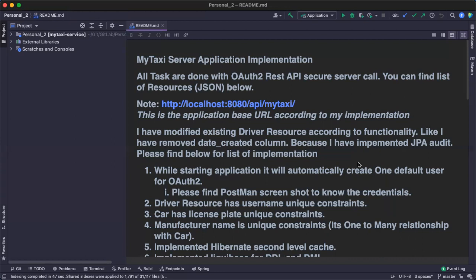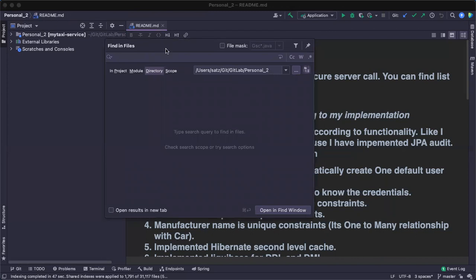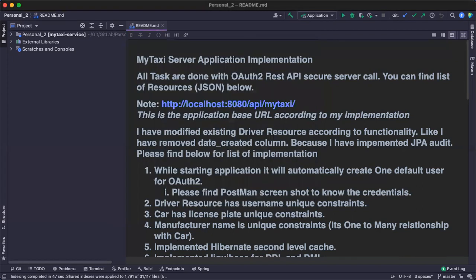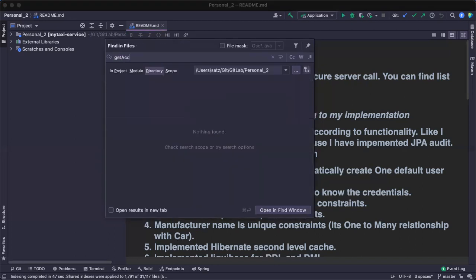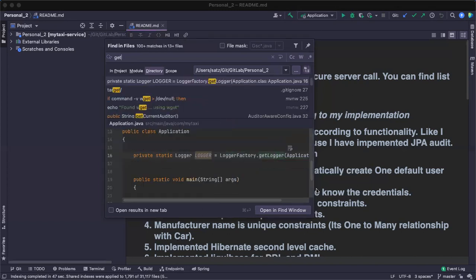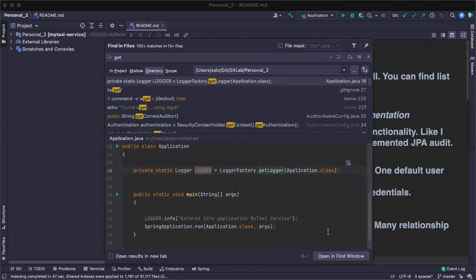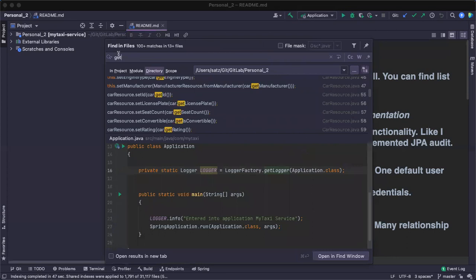The indexing advantage is that I'm just doing a global search, find in files. I'll type whatever we want, and it will find the exact line where it is present. So for this purpose only, it's doing indexing.